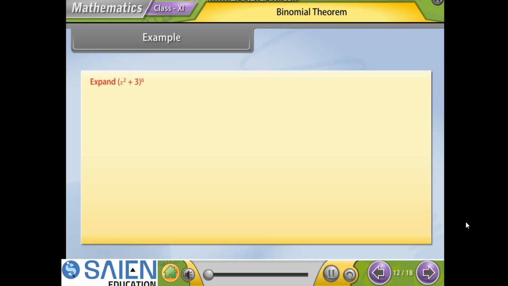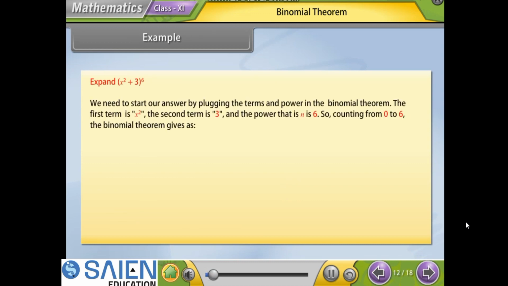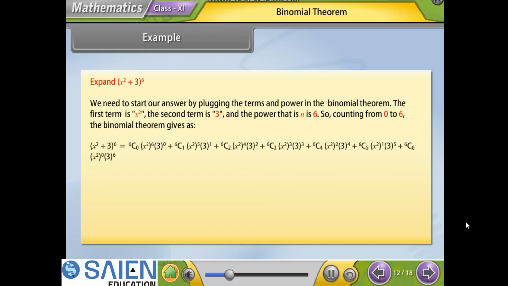Example. Expand x square plus 3 raised to power 6. We need to start our answer by plugging the terms and power in the binomial theorem. The first term is x square. The second term is 3. And the power that is n is 6. So, counting from 0 to 6, the binomial theorem gives x square plus 3 whole power 6 is equal